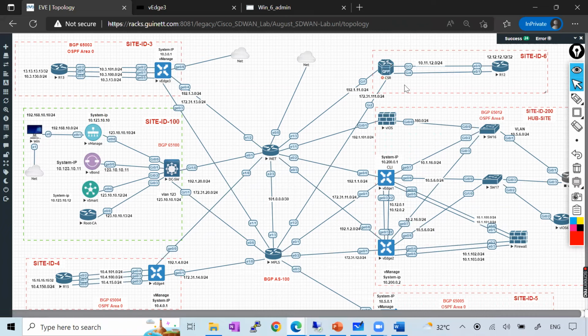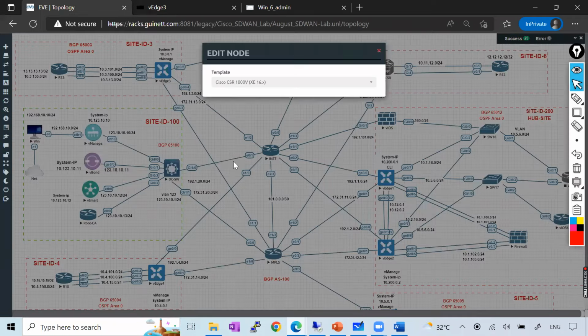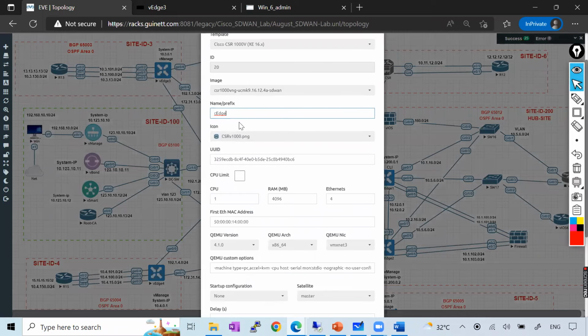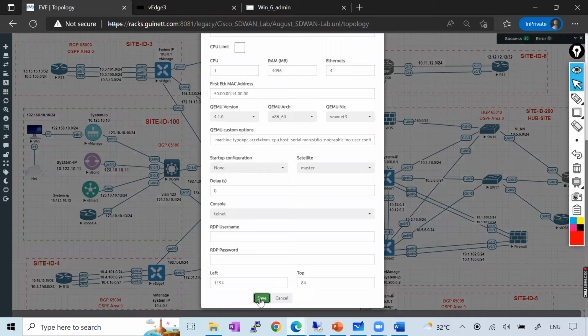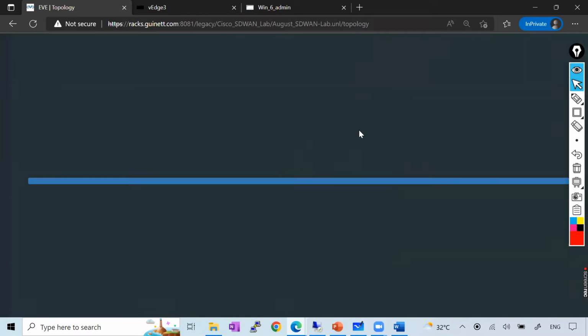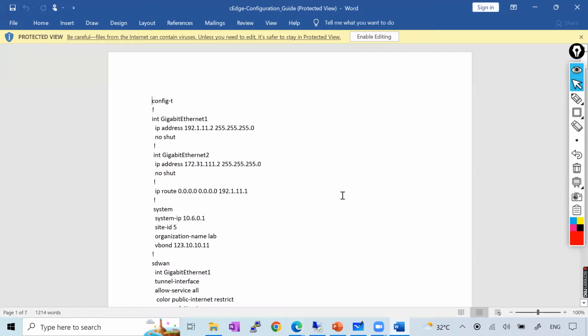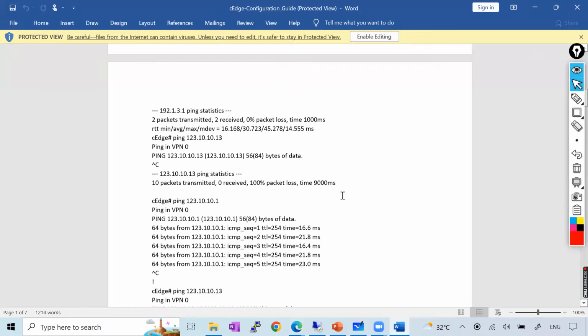So let me just stop it, make the name again the cEdge. So this lab cEdge is also available. So this is my cEdge one. So I'll make this cEdge also up and working. So the cEdge lab guide is also step by step, all the configuration for the cEdge is also